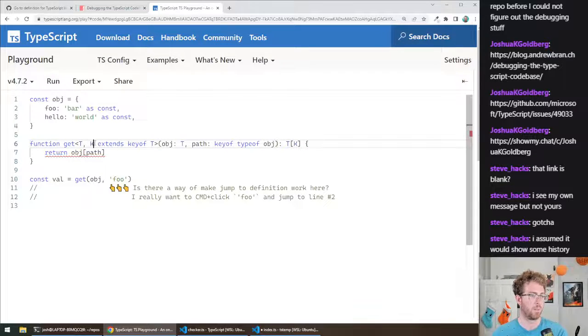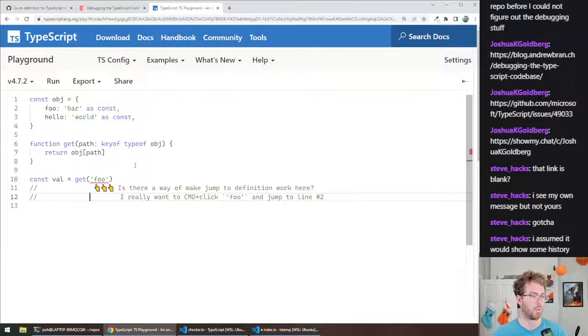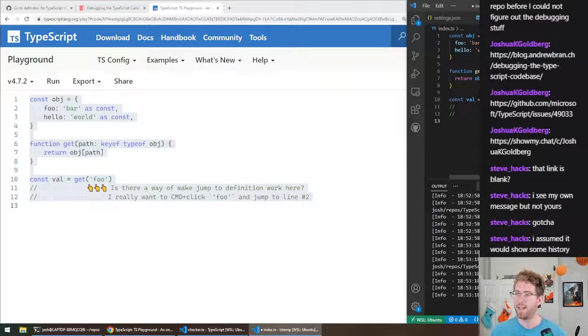I'm gonna simplify this a bit. I'm just gonna take the path of obj. Why is this complaining? Oh, right. Expected one argument, got two. This is not just any old string literal. It's used in a place that is a keyof type. It's used as the key, the type. So if I were to plop this into my TS temp,